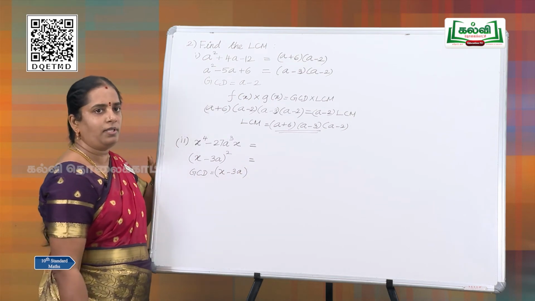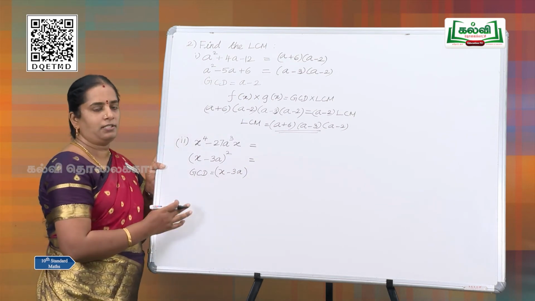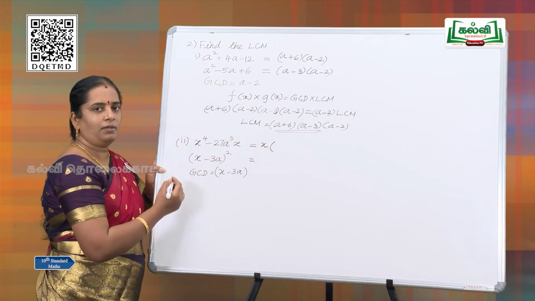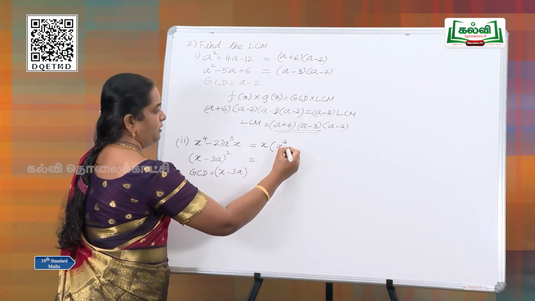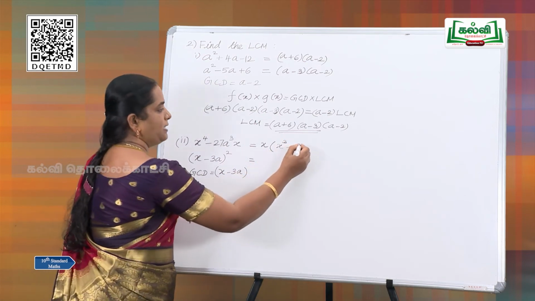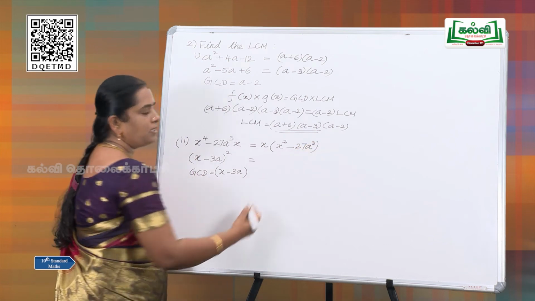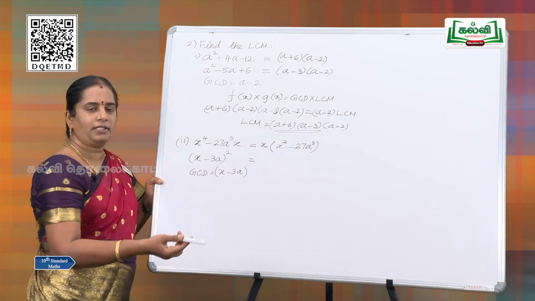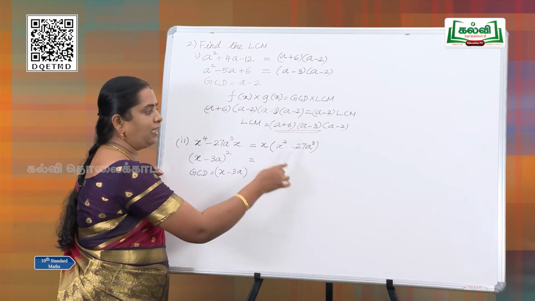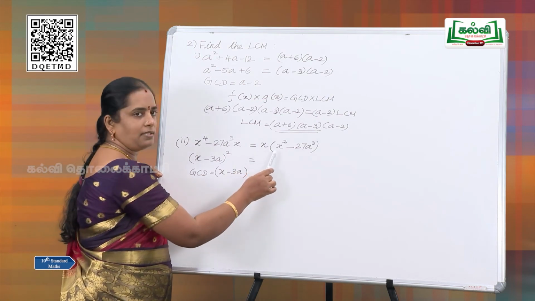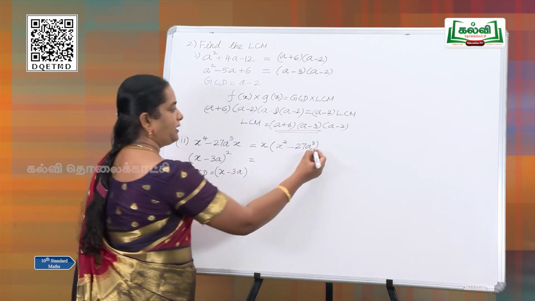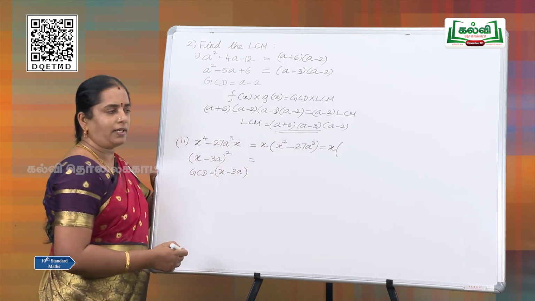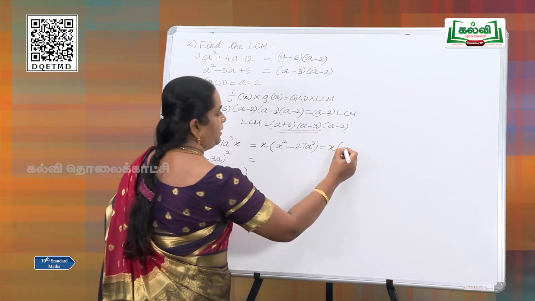Here also we are going to follow the same procedure. First, factorizing these two, we can take out x, very good. x is taken out and we have x cube minus 27 a cube. Here this is in the form a cube minus b cube. Here 27 a cube can be kept in mind as 3a the whole cube. So, take this as a cube minus b cube and factorize as, first this x to be kept as such, and we factorize a cube minus b cube as a minus b.